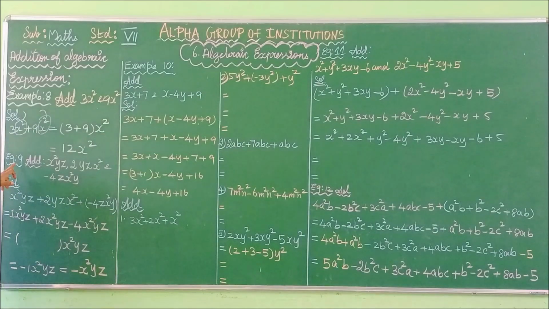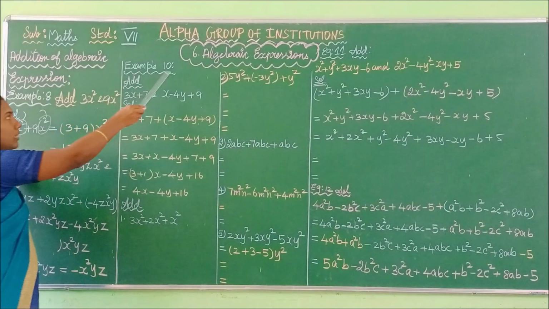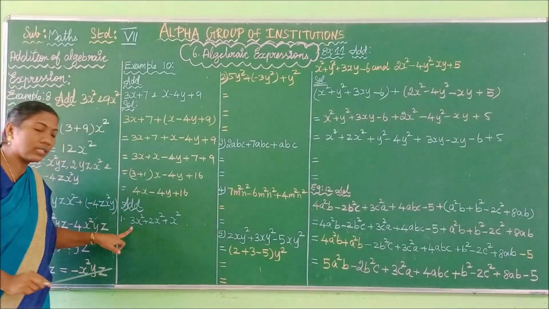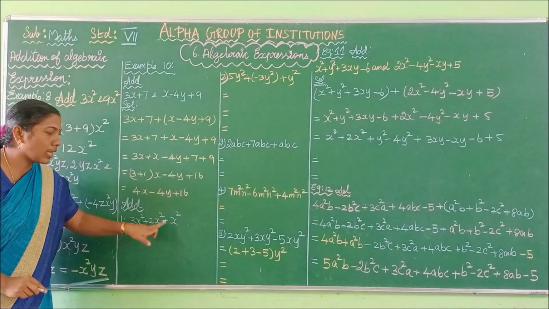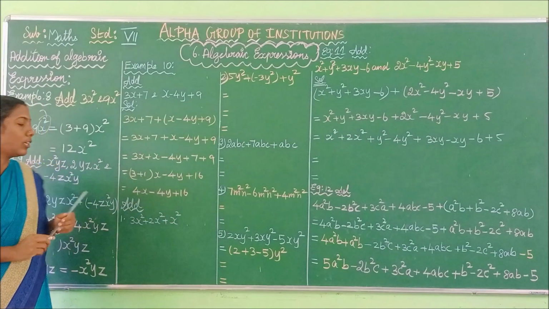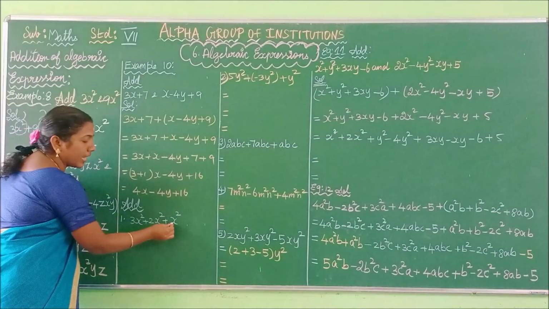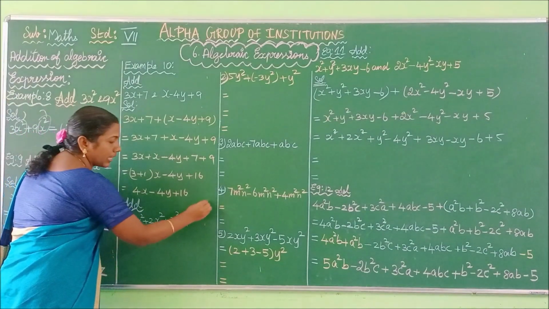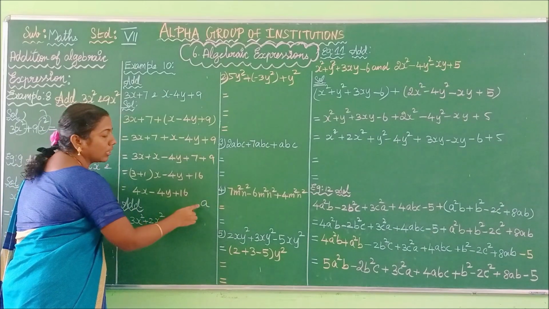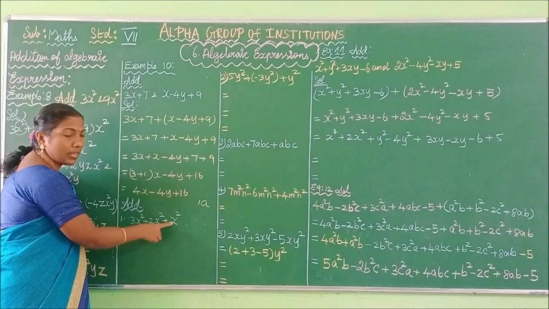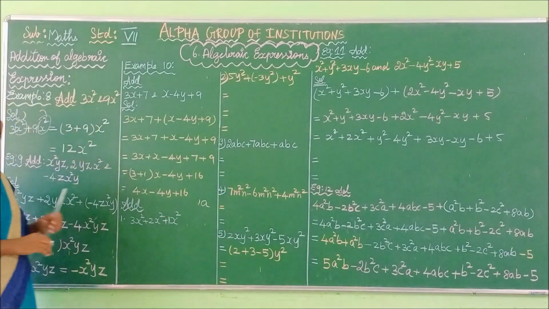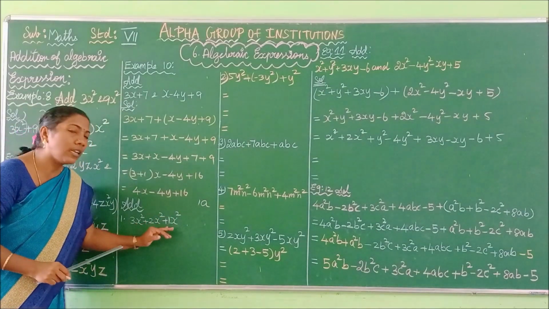Okay. After example 9, example 10, we will see later. Before that we are going to see this sum. See here: 3x square plus 2x square plus x square. It is understood, children, if the variable is like this, that is x square, it means, as I already told, the coefficient is 1. Similarly, what is the coefficient of x square? 1. Now we are going to add these three terms.